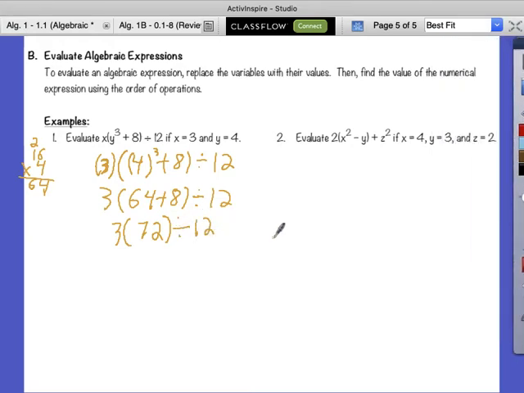Okay. So, 3 times 72 divided by 12. What comes first? 3 times 72. Oof, we're getting big, aren't we? So, let's do this one off the side if we don't know it. 72 times 3, or 3 times 72. What is 3 times 2? 6. What's 3 times 7? 21. Okay? So, 216